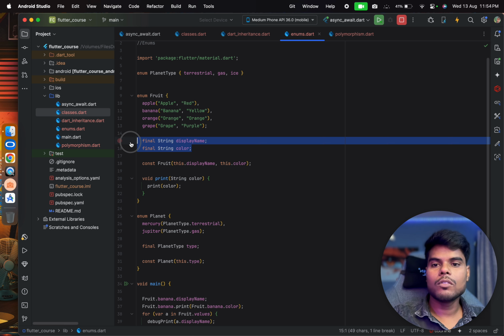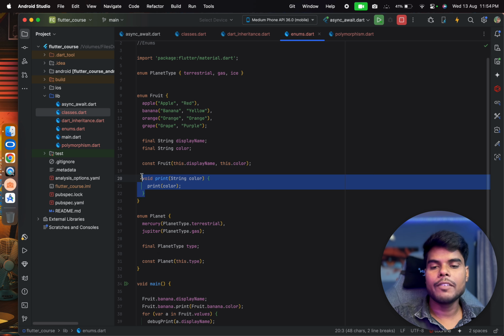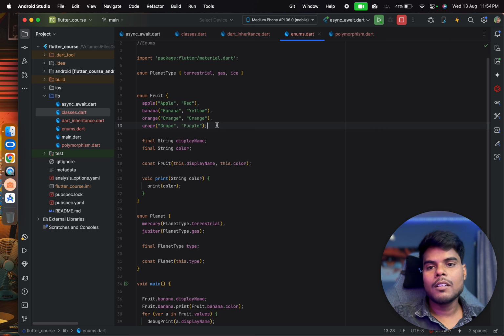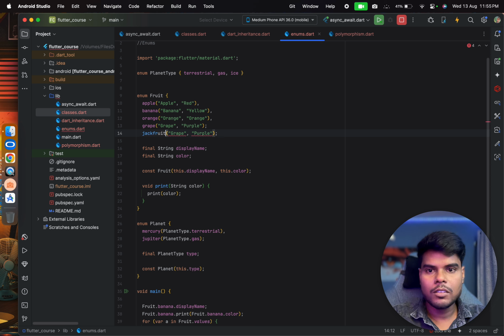So we have these 2 variables and a constructor to create these variables. Then we have a print function. Whenever a new enum value is created inside this fruits enum, we call the constructor and give it a name. What are we missing here? Apple is already there, so let's add jackfruit. We have added a name, and